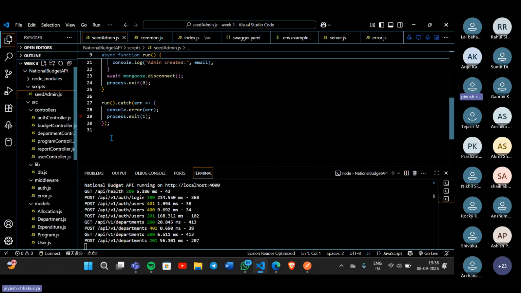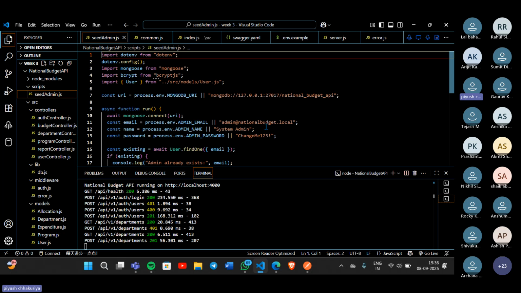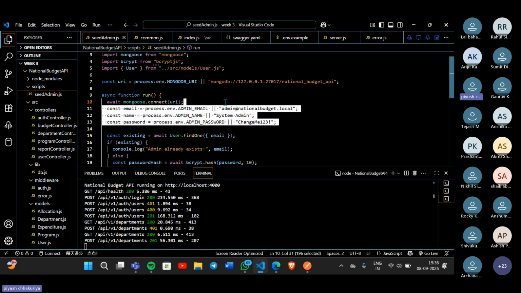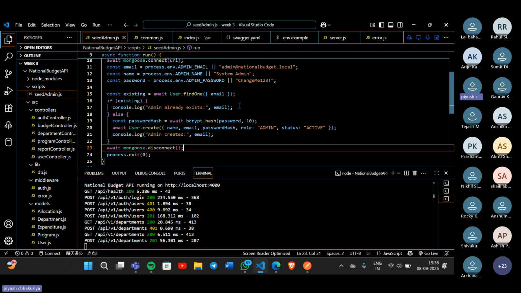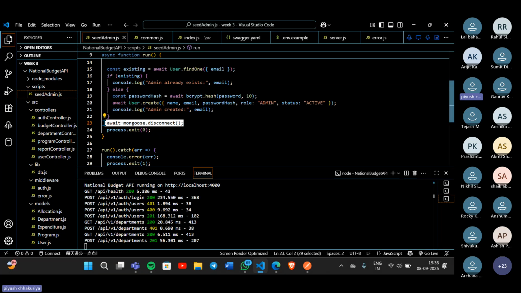The last thing that we have is the seed admin that I told you about at the start. Before running my project, I run one command, that is npm run seed. What this command does is create one default admin, so by this we can check all the APIs. For that, you just need to connect with the database. After that, you create one name, email, and address as an admin. If the admin already exists, it will not create; otherwise, it will create. After that, we disconnect from our database so that we can work with our real project. So this was from my side.